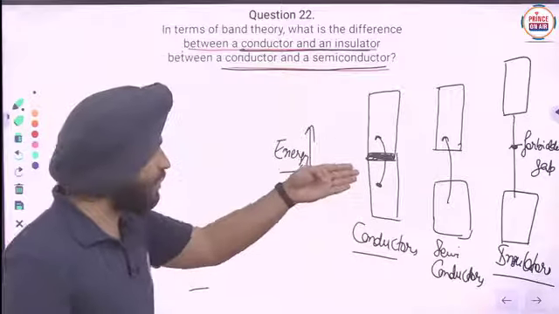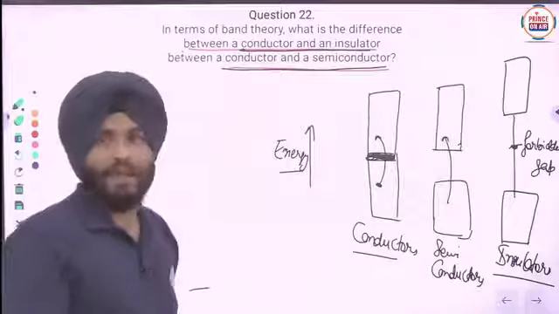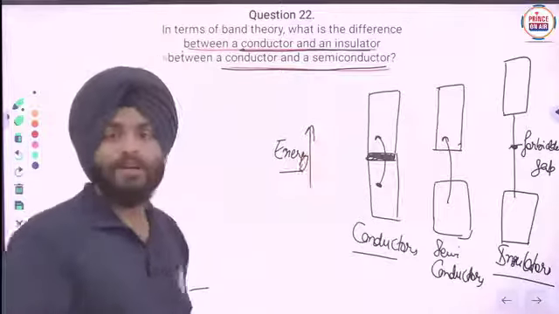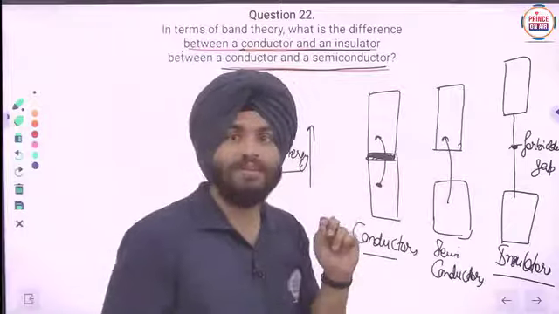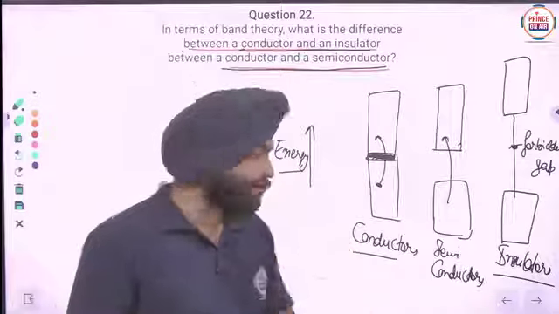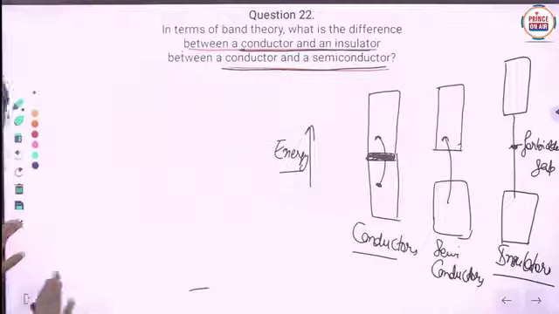Here you can say that the energy gap between the conduction band and valence band is very less, but here it requires some amount of energy. Clear? So that is a major difference. Next,